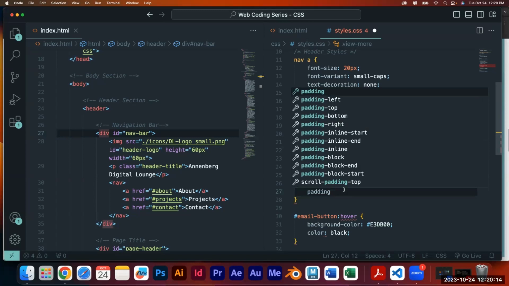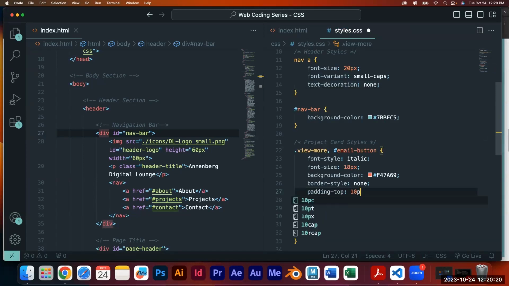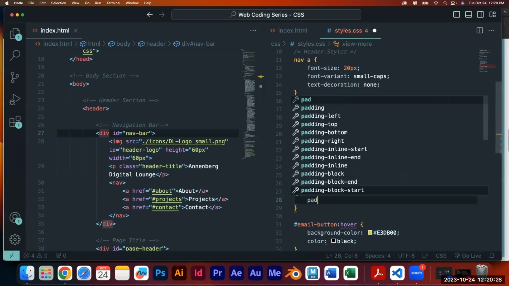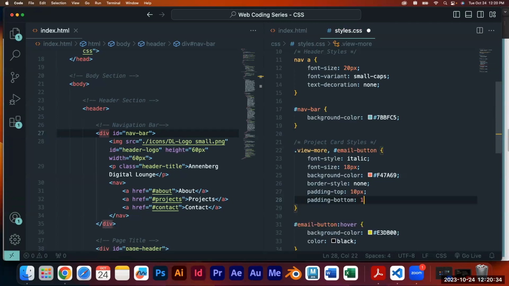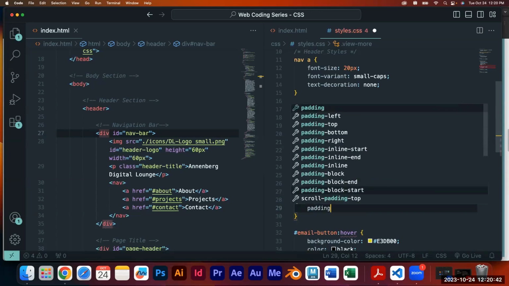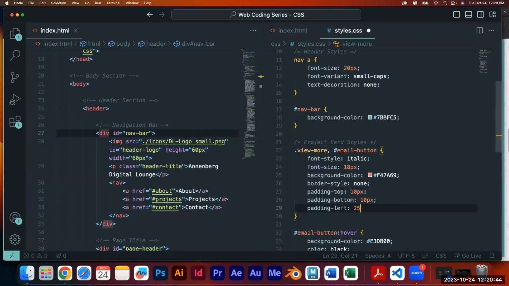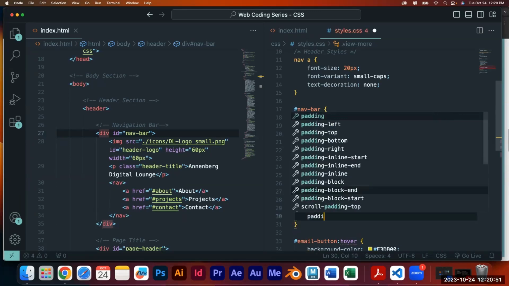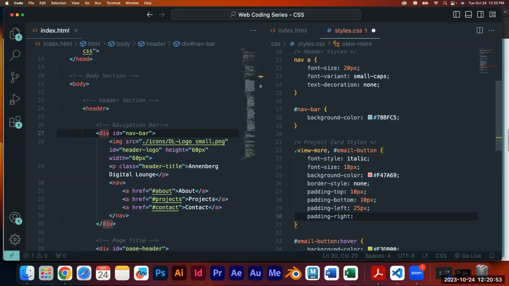So we're going to do padding hyphen top, and we're going to set it to 10 pixels. We're going to enter. We'll do padding hyphen bottom, and we'll set it also to 10 pixels. So 10 px. For padding hyphen left, we'll do 25, and we'll do the same for padding hyphen right,